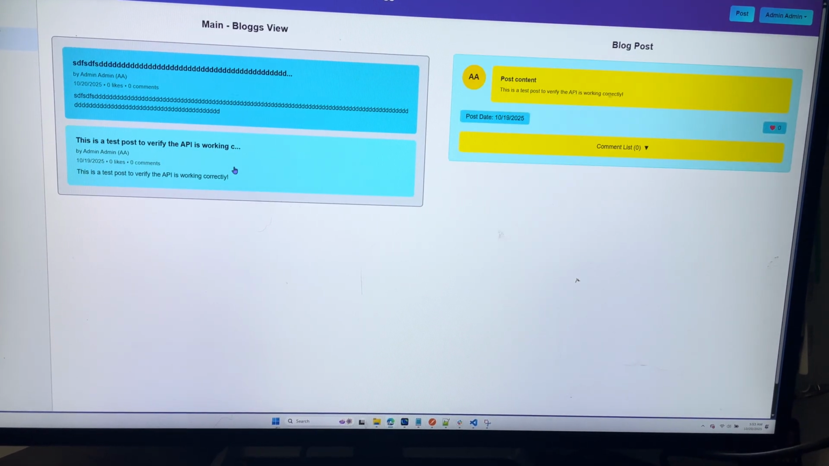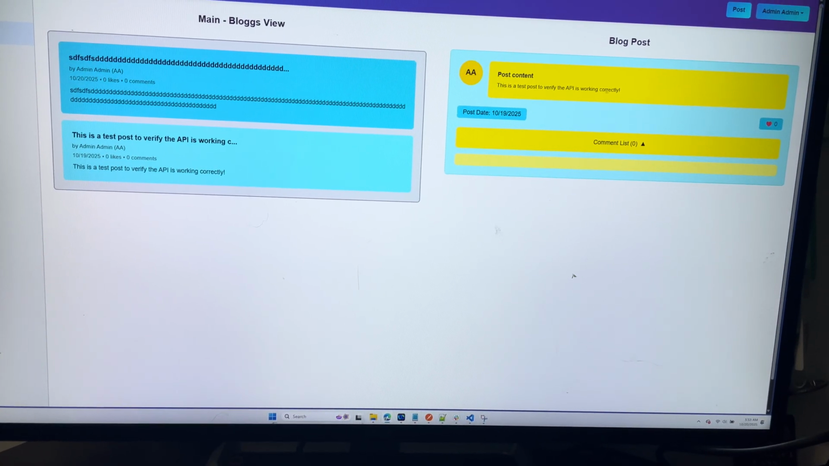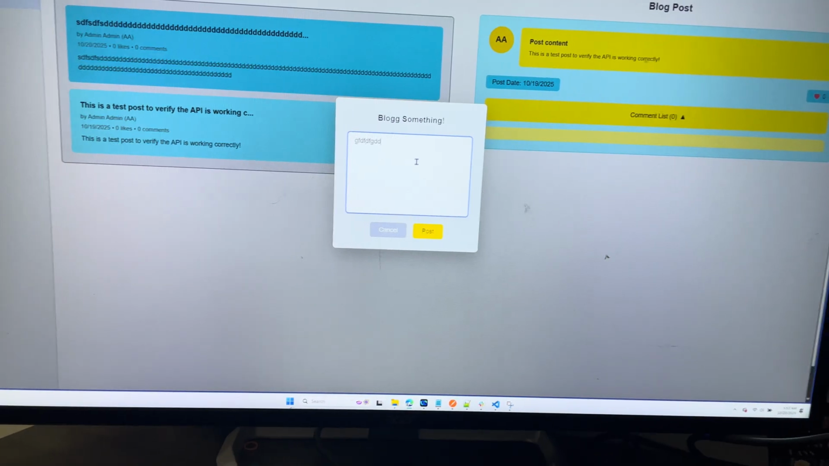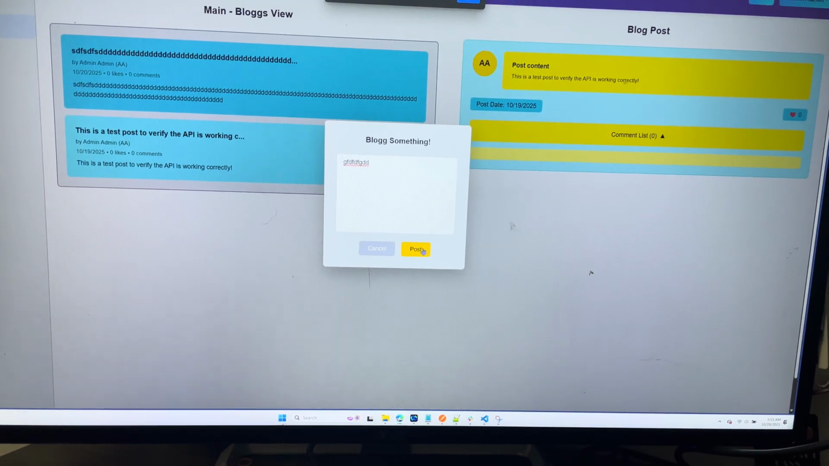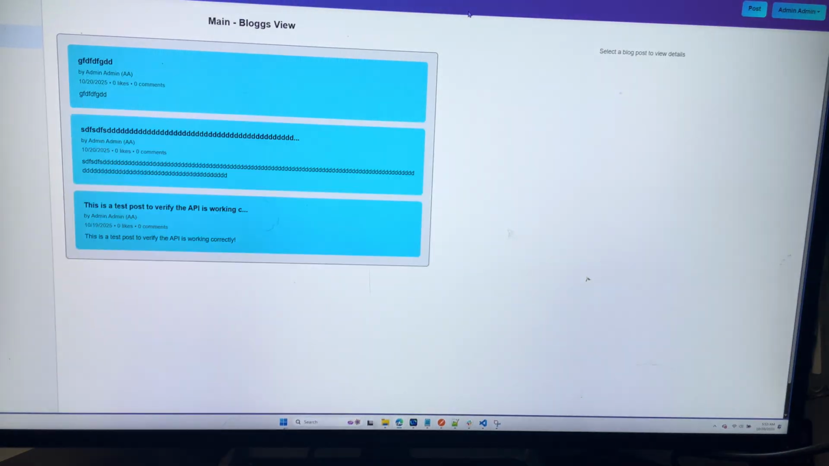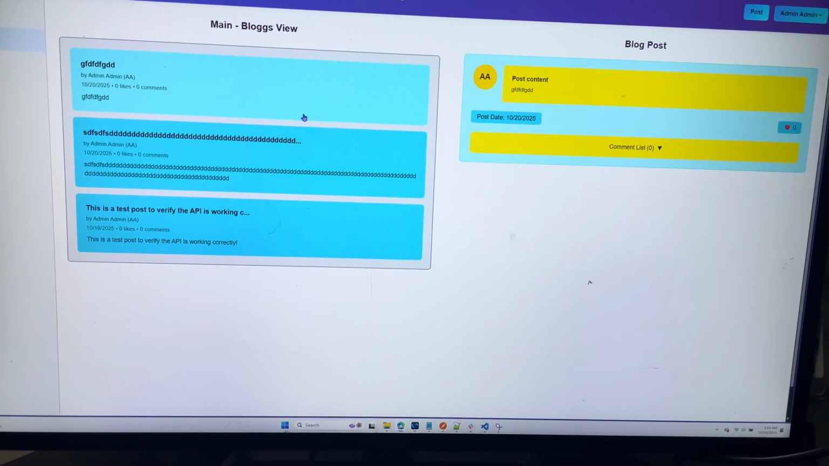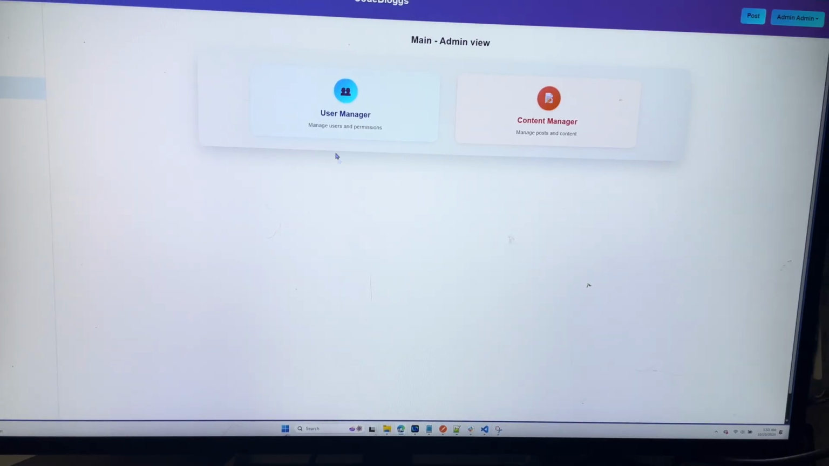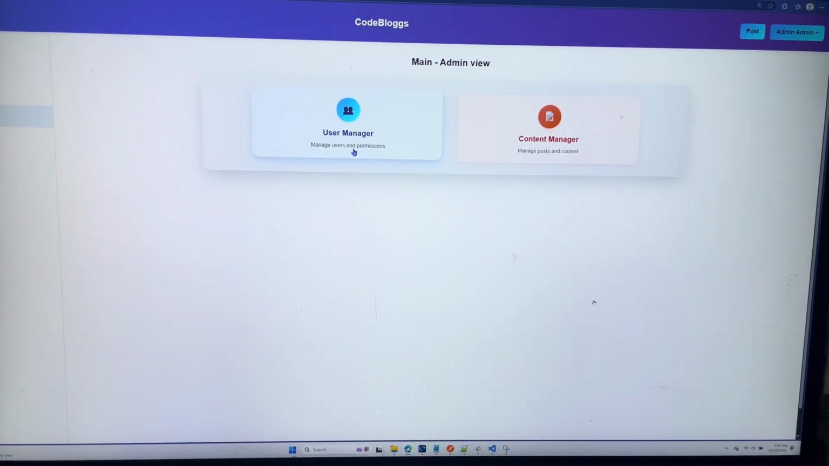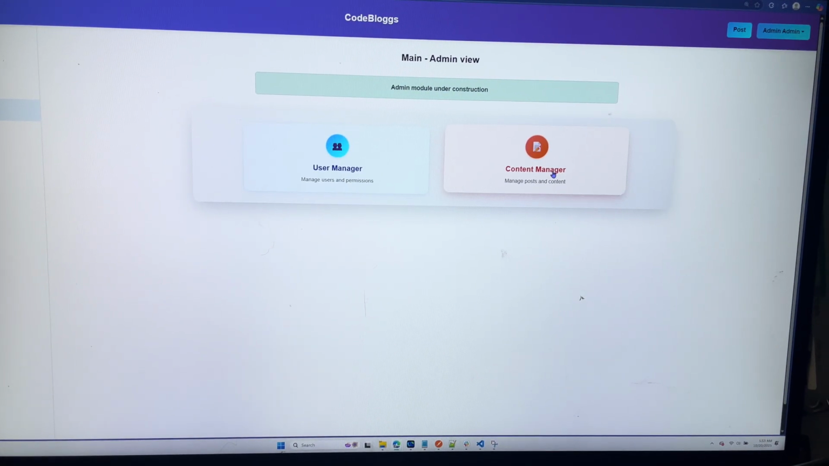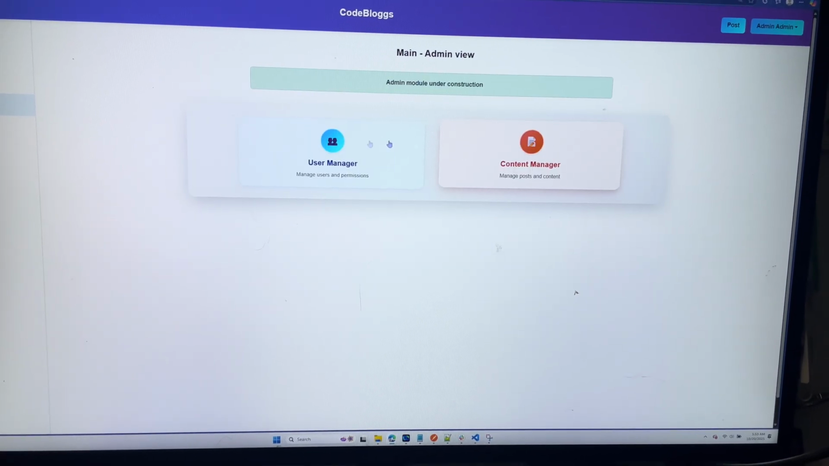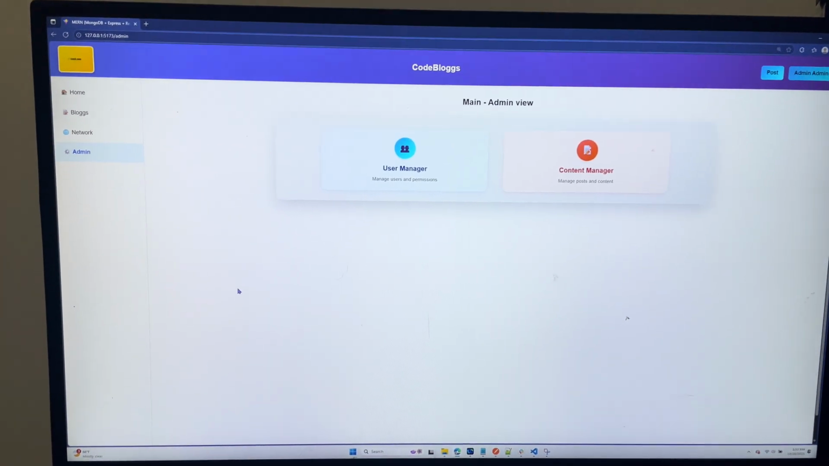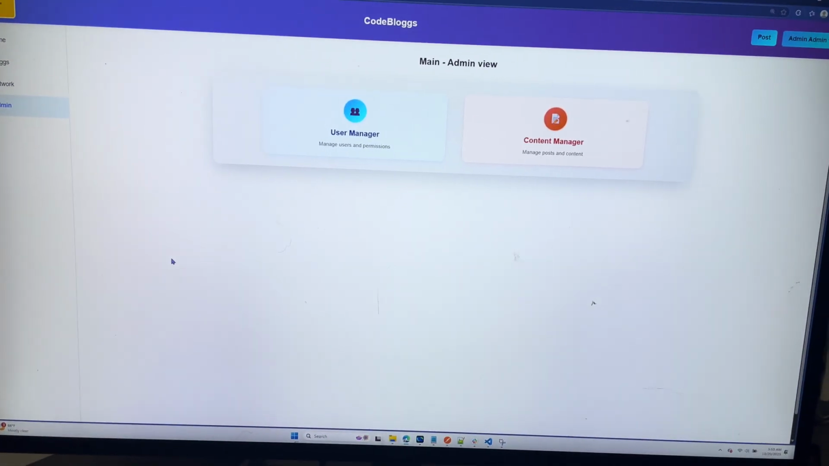And blogs I have shown you. You can do blog post. It's added here. Comments and all. Admin, his admin tab, and user manager card. It's under construction, and the content manager as well. So here the CSS I have applied is the React Bootstrap CSS. So let's go to the